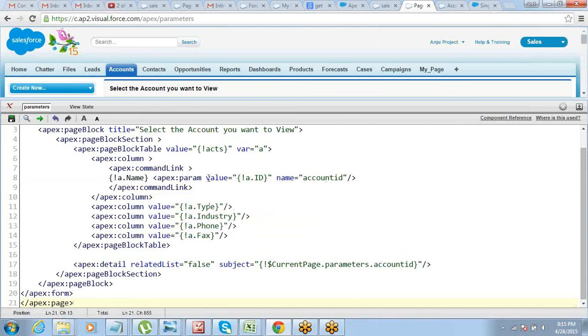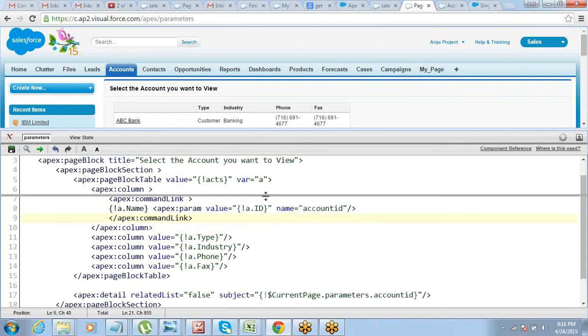Command link should also start and end, and within that the param component should come.